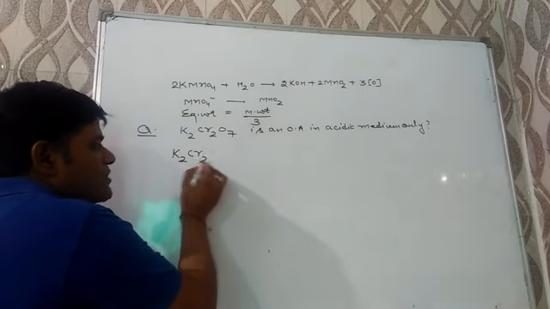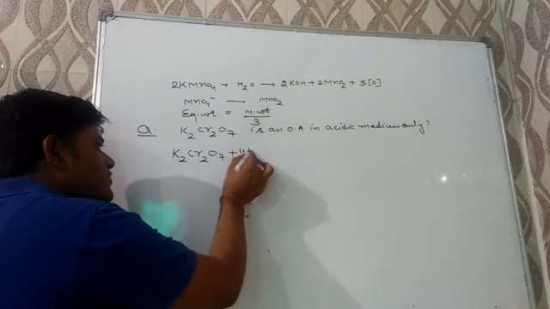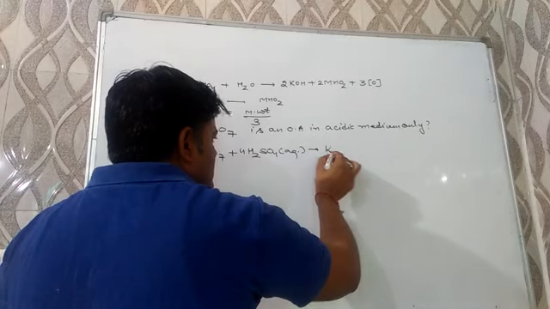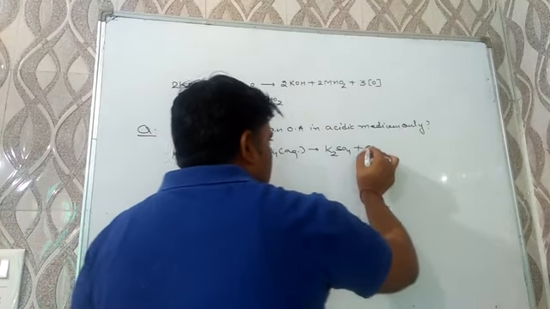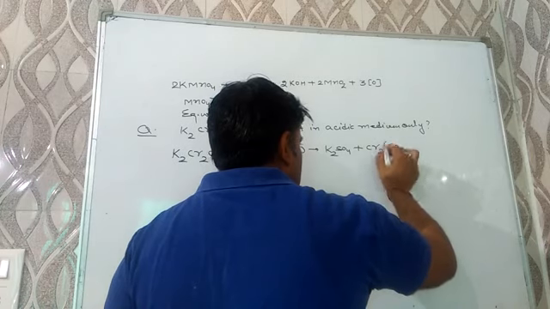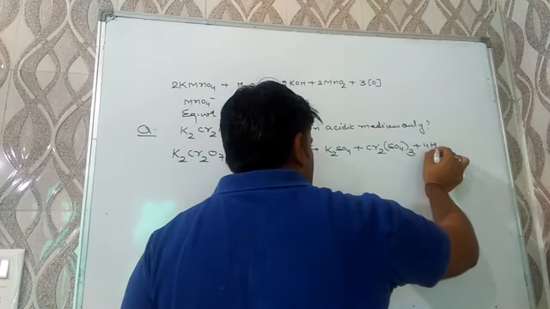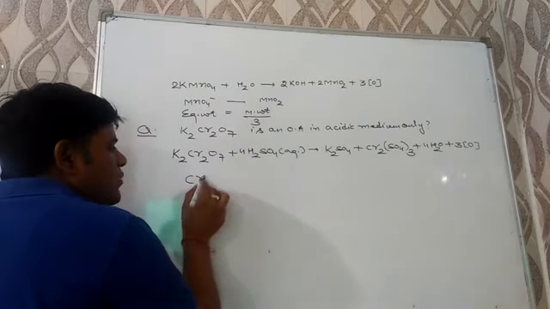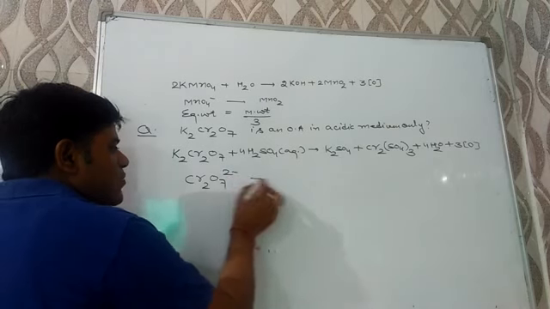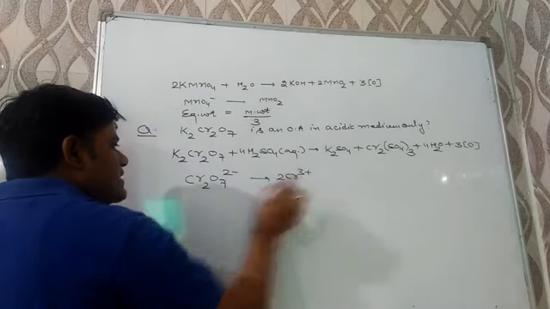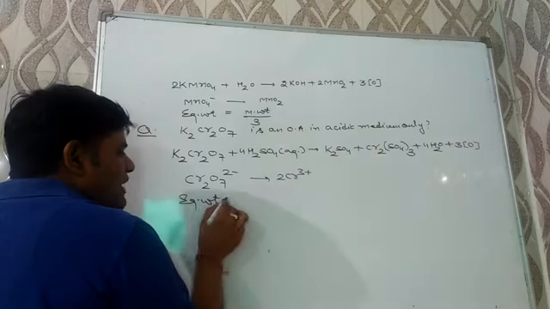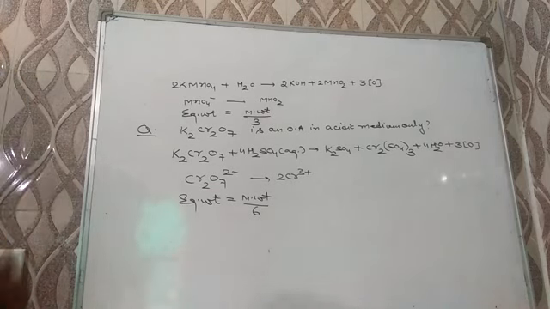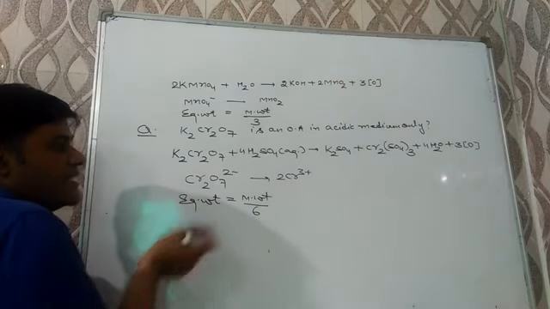The equation will be K2Cr2O7 plus 4H2SO4 aqueous gives K2SO4 plus Cr2(SO4)3 plus 4H2O plus 3 nascent oxygen. So the dichromate ion Cr2O7 2 negative changes into 2 Cr3 positive. Hence the equivalent weight will be molecular weight by 6. These are very important topics that will be discussed in later chapters also, and very important